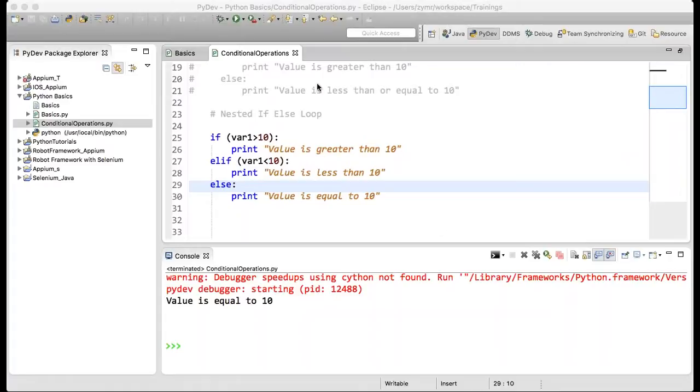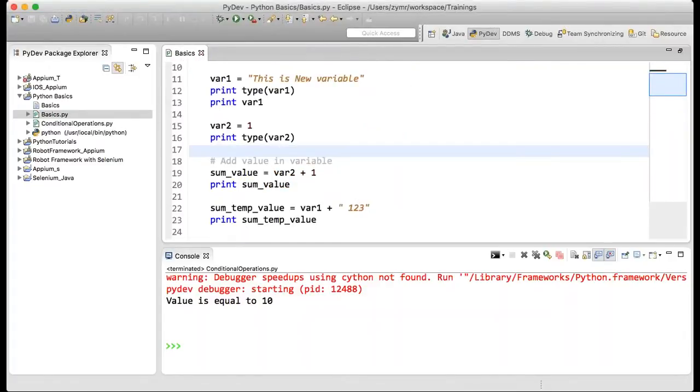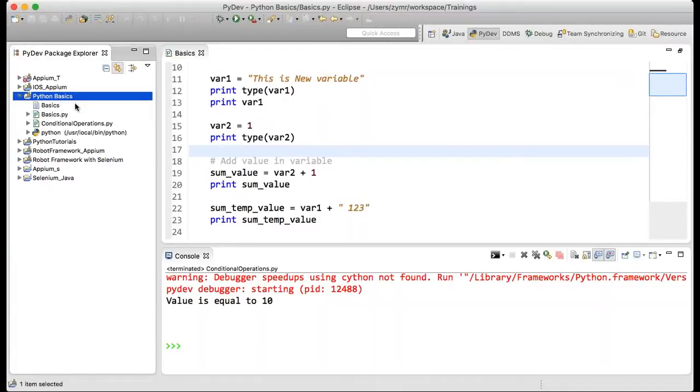So now we saw the conditional operations and how we do them in Python. Next are the different looping operations, like for loop and while loop, which we will try to understand in a couple of minutes. Let me create a new file.